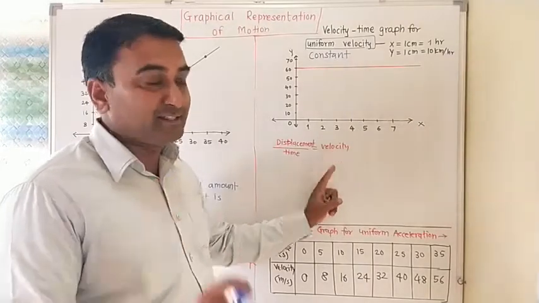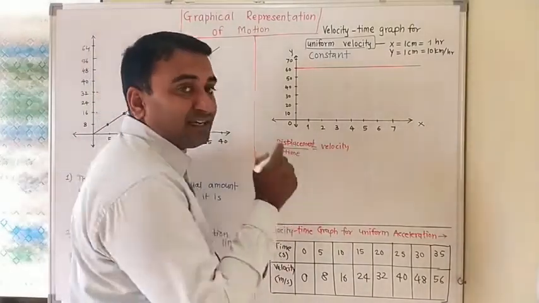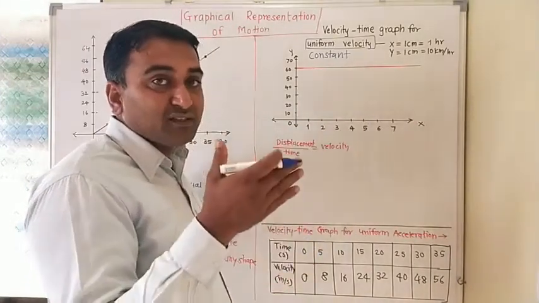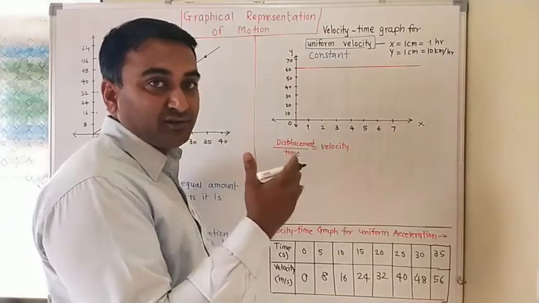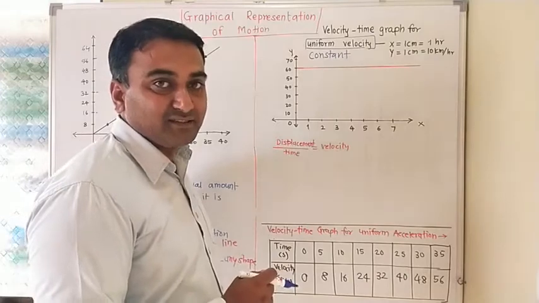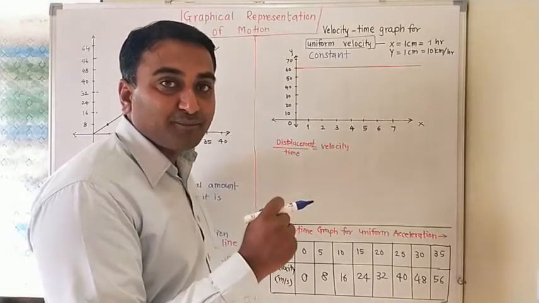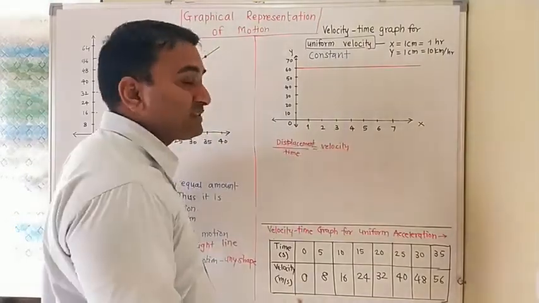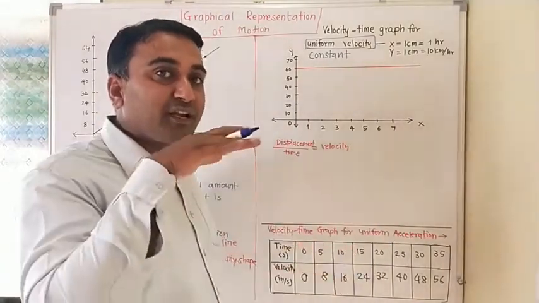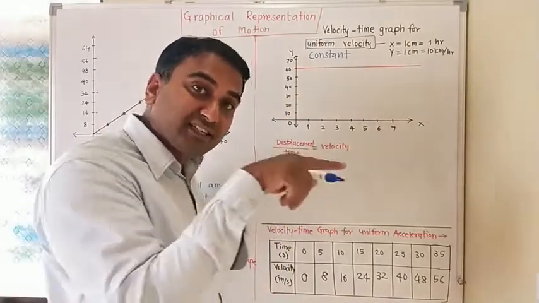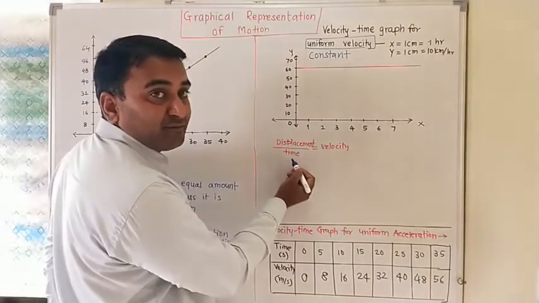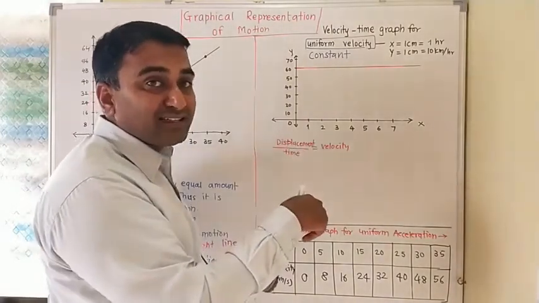Once again I am explaining. See, displacement and distance covered for a linear motion are the same, because there is no change in direction. And so wherever we are considering displacement, we can consider the distance. So uniform speed means what? The speed is constant. That means in equal intervals of time, speed will not change. So speed is constant. That is, velocity is also constant. So the distance time graph is a straight line. That is the conclusion from the last graph.